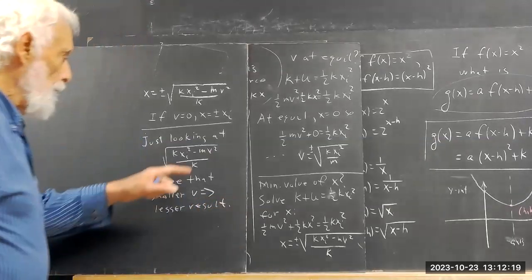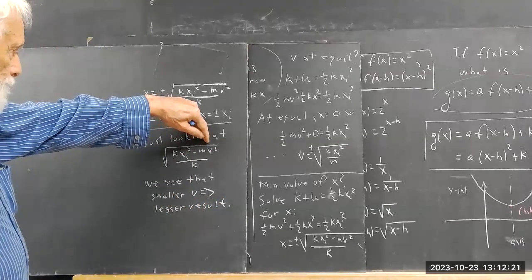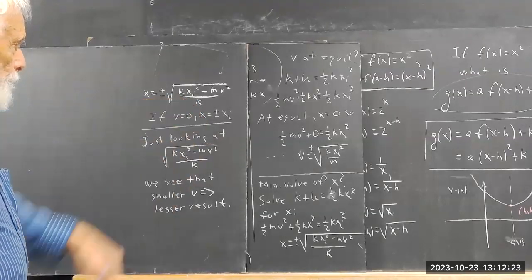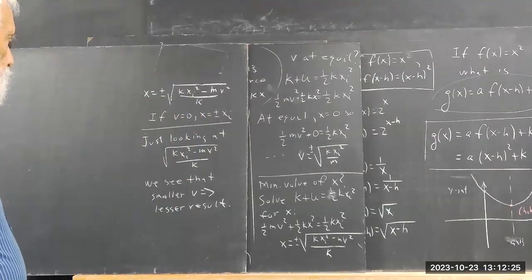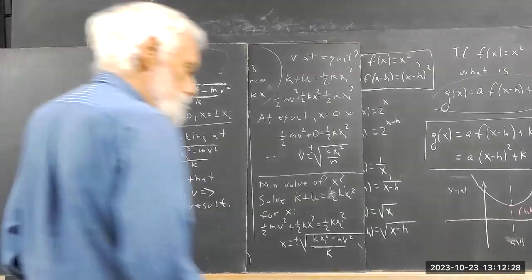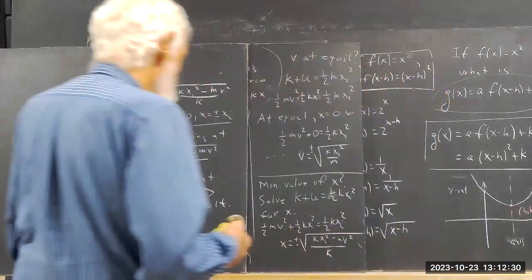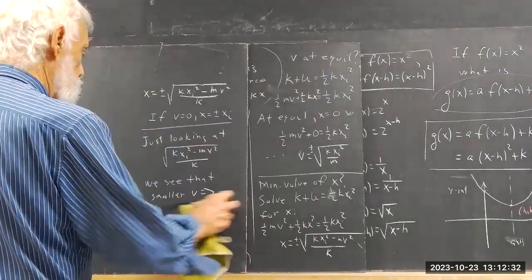It could be obvious looking at this, that the smaller v is